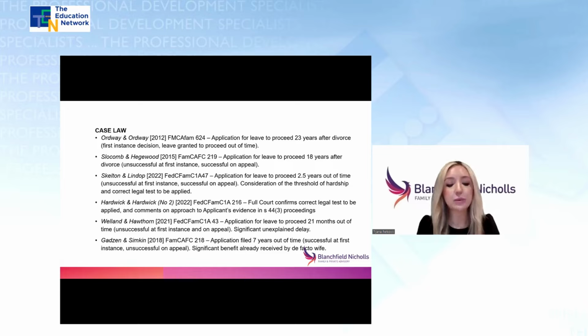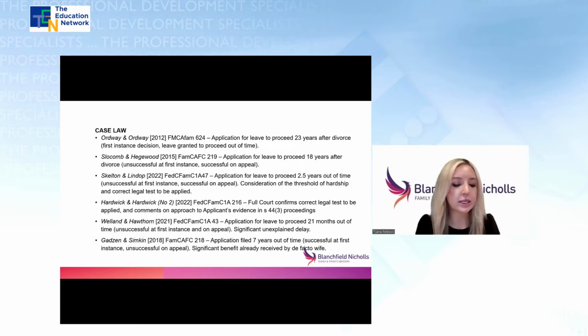The wife offered no explanation as to why she did not seek legal advice at the time of separation and why she did not seek legal advice until 2009. But the court accepted her understanding that she had an agreement with the husband and did not need to do so. The court also accepted that neither party was willing to disrupt the status quo and considered that the explanation for the delay was made out and that upon matters being clarified in 2009, the wife took appropriate steps and quite promptly.